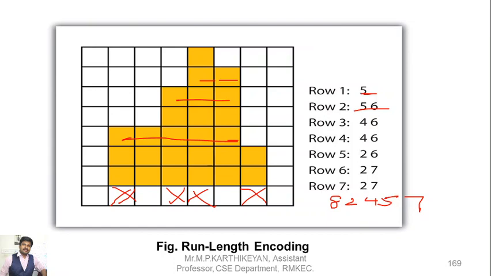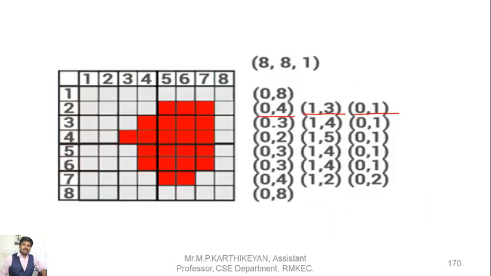Okay, so can you understand the difference between cell by cell encoding and run length coding? This is what it is all about. This is also another structure actually. This is how both the blank spaces and the shaded spaces are being marked. I will tell you the first one. Here the red area is the marked area and the white area is the unmarked area, or it doesn't have any area at all.